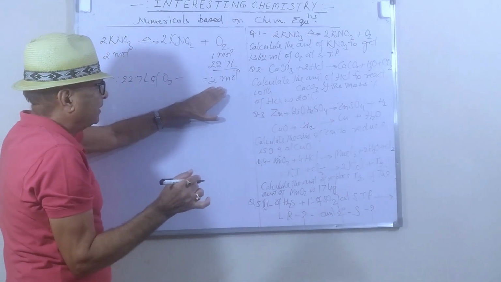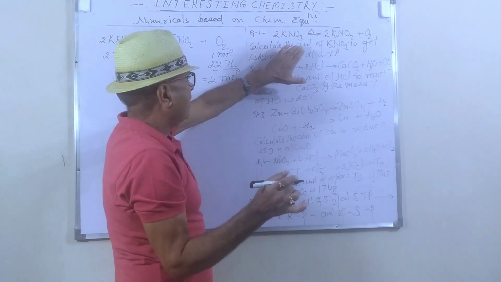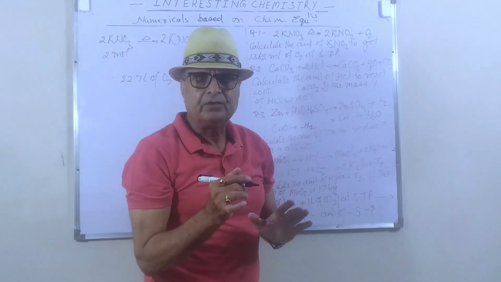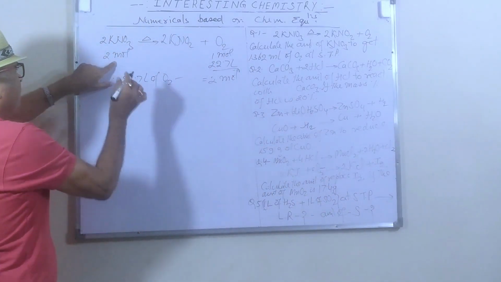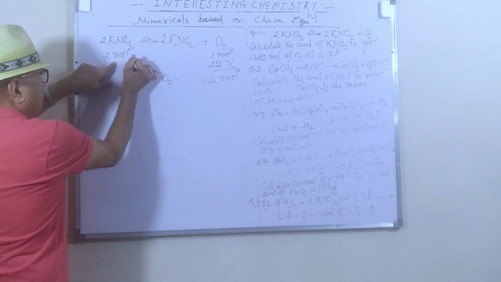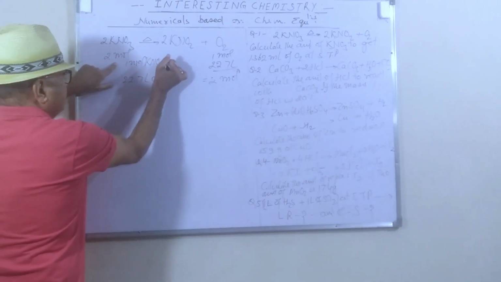But in the question you have been asked the amount of KNO3. So again, 2 mole of KNO3, the 1 mole of KNO3 is equal to